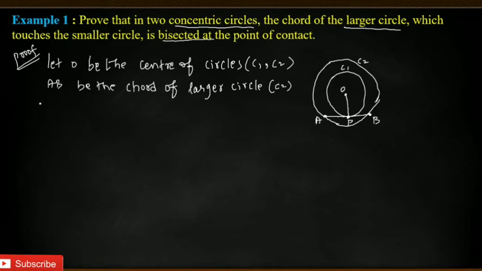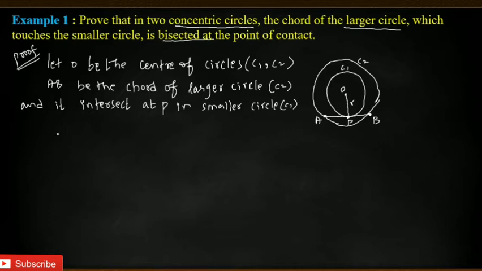Okay, children, right. And it intersects the smaller circle at P. So all these things you should write about the diagram, because we are drawing that diagram, they're not given, so you should explain about that. Okay, that is circle 1. Now OP is the radius of the smaller circle, that we know.